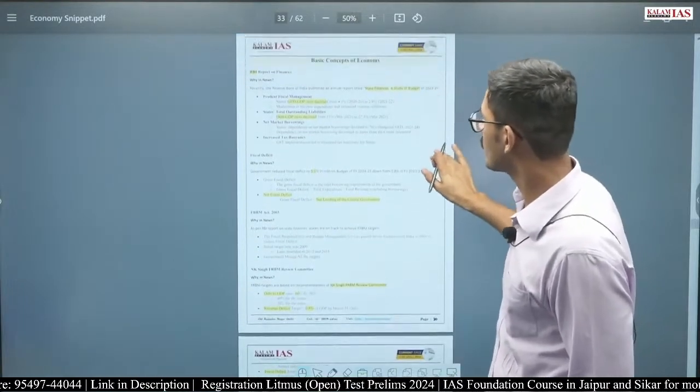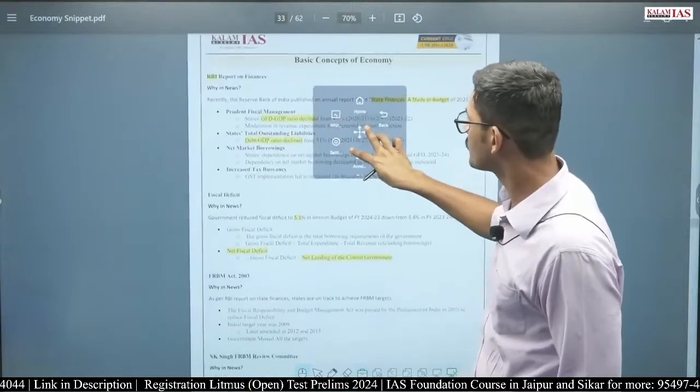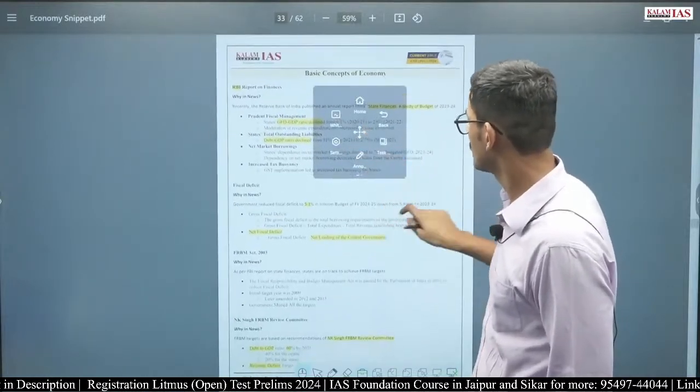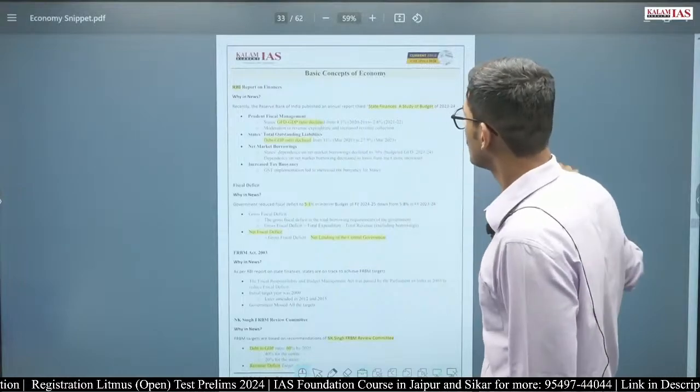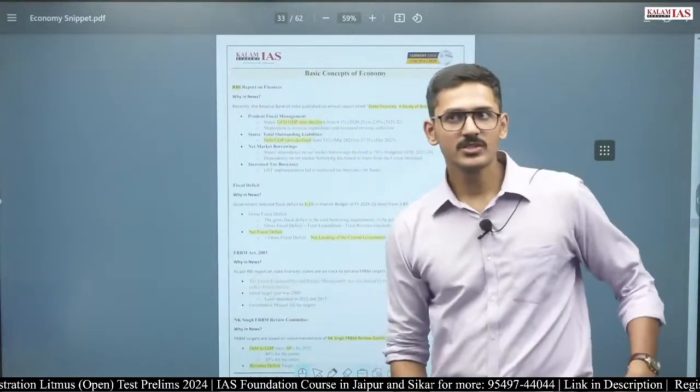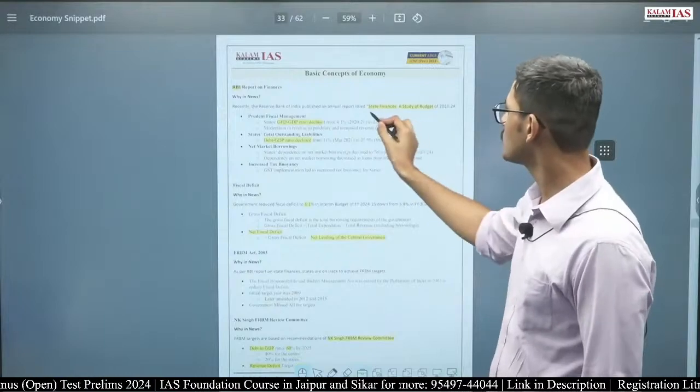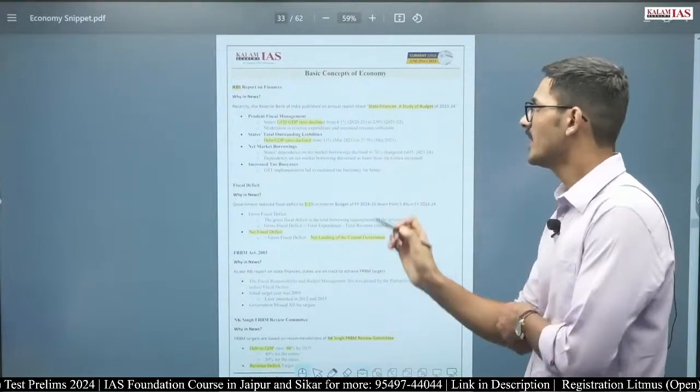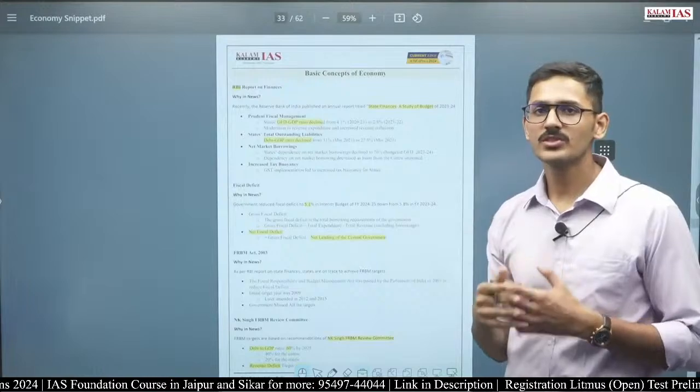So, basic concepts of economy. RBI report on finances. RBI published a report, State Finances: A Study of Budgets, in which it has talked about how the state finances